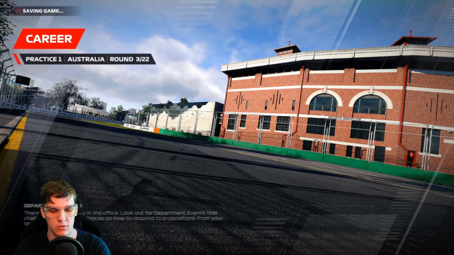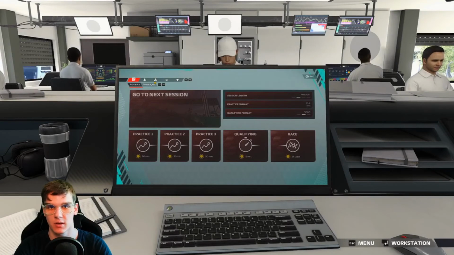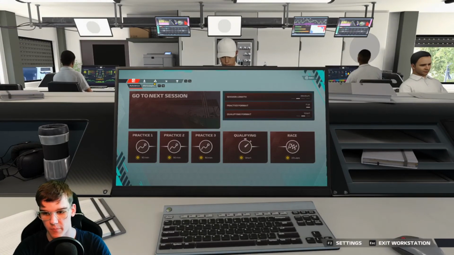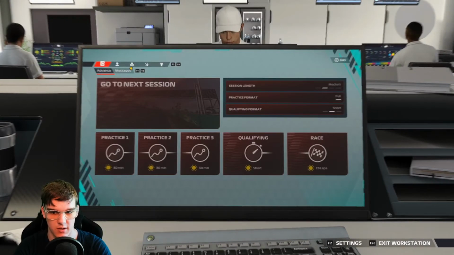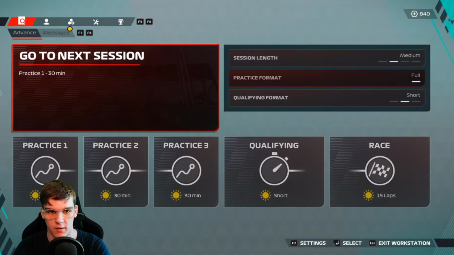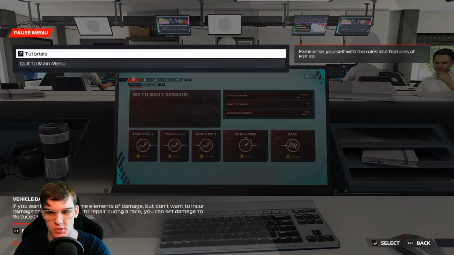So previously we could just hit tab or the option key on the steering wheel in order to pop up the settings, so we could actually change the AI difficulty, but that's no longer possible. As you can see right here, I'm now in the screen, so it's lagging a bit because I'm recording as well. But now, if we hit escape, and we hit escape again, you can see there's no option here to